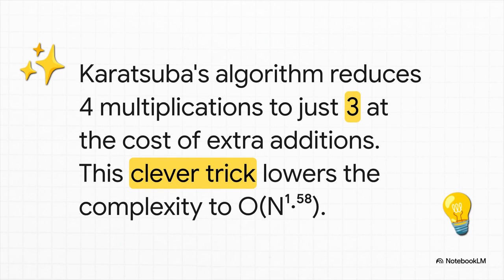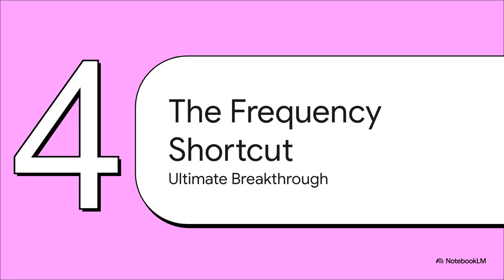The Karatsuba algorithm is this really clever trick that takes a problem that looks like it needs 4 multiplications and somehow solves it with just 3, just by adding a few extra additions. When you apply this trick over and over, recursively, it brings the complexity down from n squared to n to the power of about 1.58. That's a definite improvement. But, while Karatsuba is super clever, it doesn't always play nice with the kind of hardware